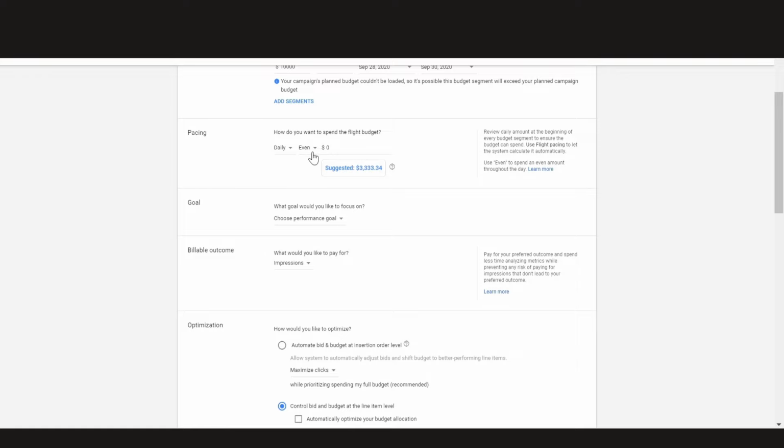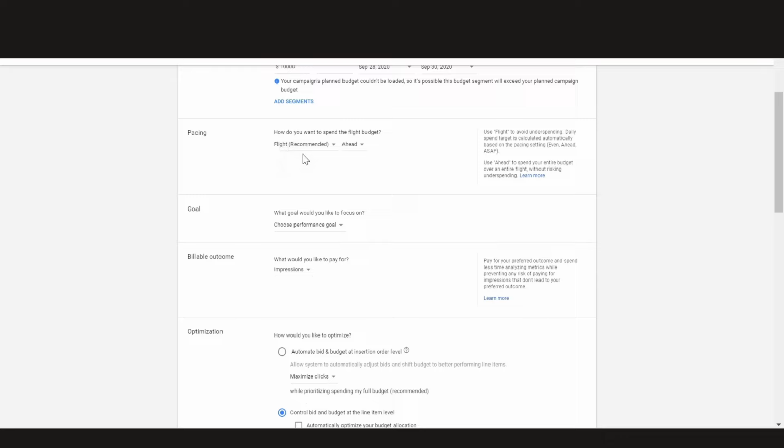Right, so you can set a daily pacing over here, which means your budget would be used evenly across a day, and it will not try to use up your budget before the day ends. It would not use it ASAP. So these are two different options when you select daily pacing.